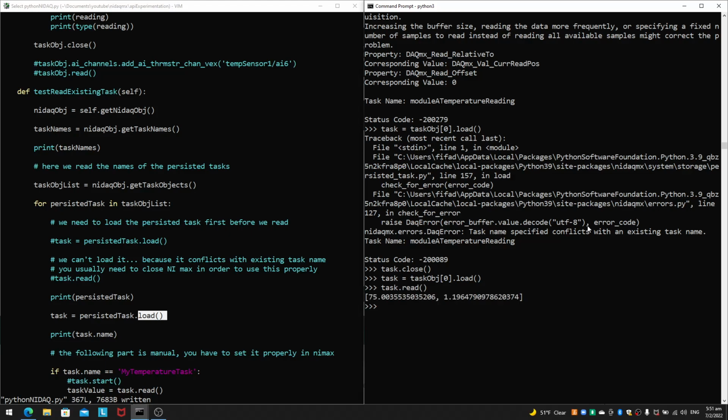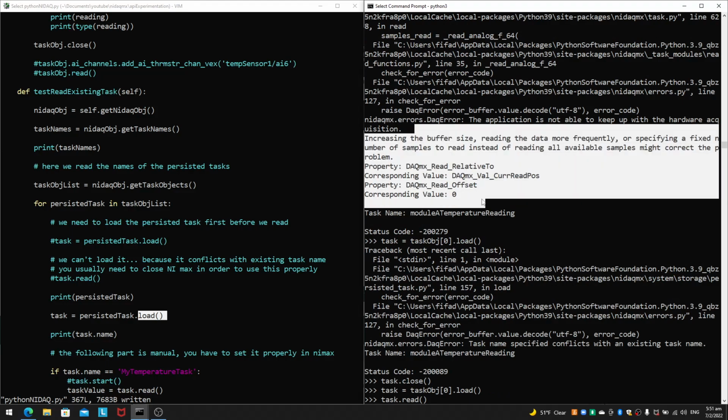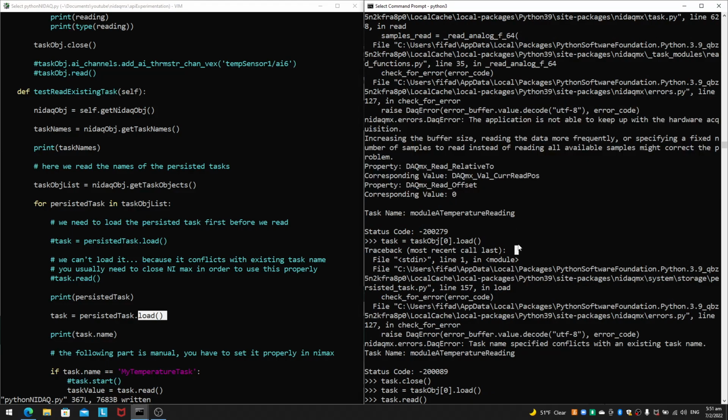So now this is one example of tasks opening and closing, and then there's an error of the buffer. If you leave a continuous task collecting samples too long, you will have this buffer error. So what's a buffer error? Buffer is actually a temporary storage. Usually your DAQ will continuously